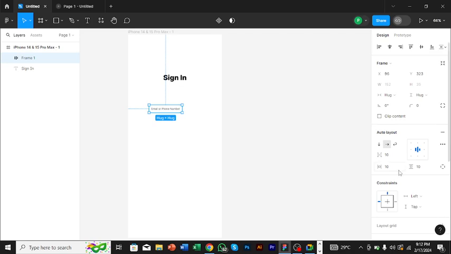So if I come here, you can see on this right hand side it says auto layout, so you can choose anywhere you want to place it. So basically that's auto layout for you. I can probably do 14 here, and it depends on what you're creating. 14 there, and I can change the width to 345. Alright, let's change the width like that. So as you can see, the way I'm editing all these things, the email and